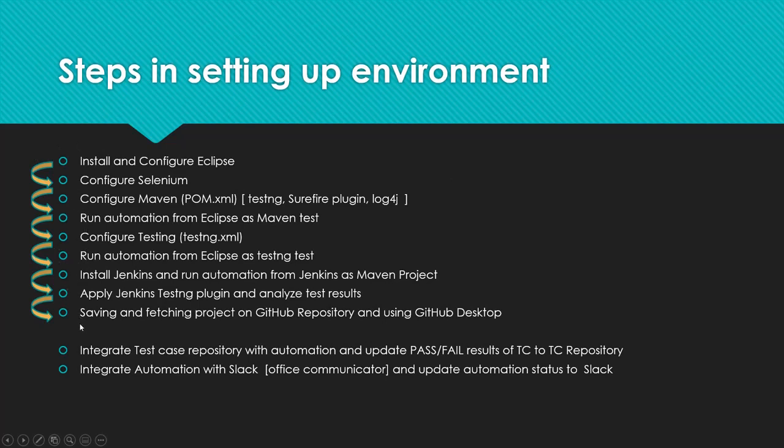Now in this fourth part, we are going to see how to put our automation code in the version control tool GitHub. GitHub repository is a version control tool, a repo, a repository of code where you can put your code, you can commit your code, you can push all your code, you can pull that code onto local. And how to do that we'll see.